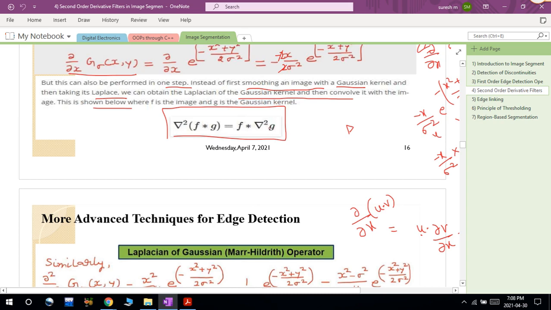For the image I will apply the Gaussian operator, nothing but I am doing the smoothing operation, or blurring. After applying this Gaussian operator to the image, I will find the Laplacian. This is called the LOG operator, and after applying this LOG, I will convolve with the original image. Otherwise it is equivalent to the result, like first I convolve the image with the Gaussian operator, later I find the Laplacian. Whenever there is Laplacian, that is nothing but ∂²f/∂x² plus ∂²f/∂y². So we have seen this.